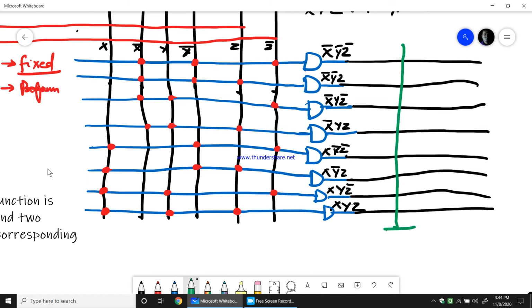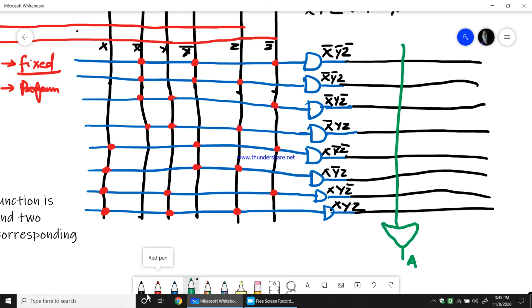Normally we'll represent the gates as a single input here in the programmable devices. So this is the OR gate. Now this would be A. So A is what? Summation M of 5, 6, 7.